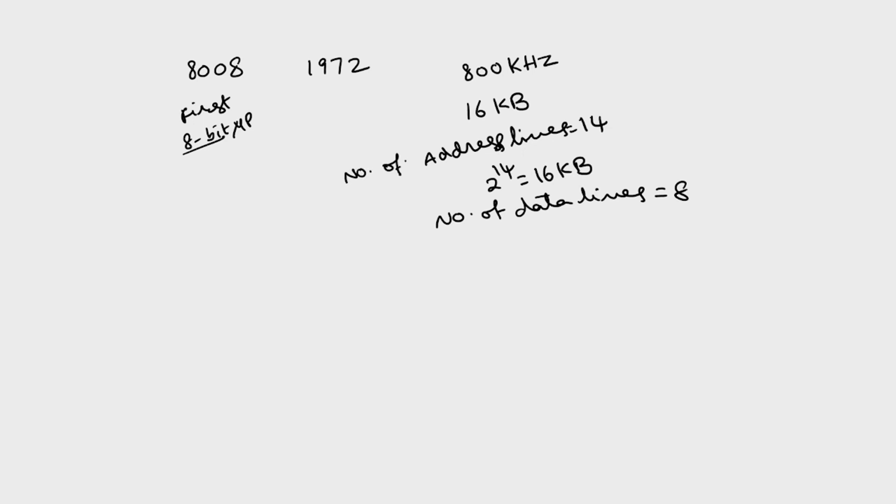And this is the clock frequency, the important parameters of any microprocessor. So how many address lines, how many data lines, what is the clock frequency? So these are the 3 important parameters. And of course, this is an 18 pin device. This was 18 pin